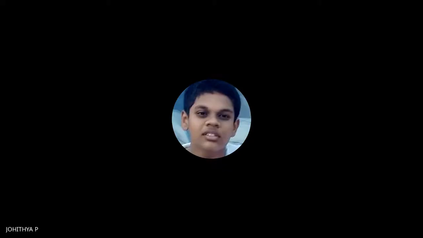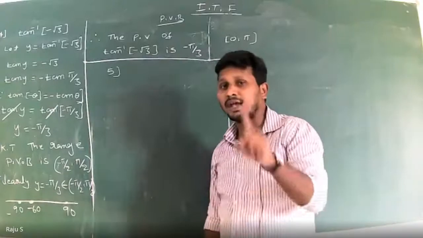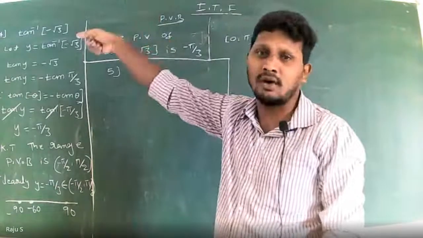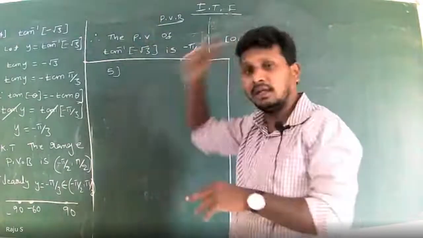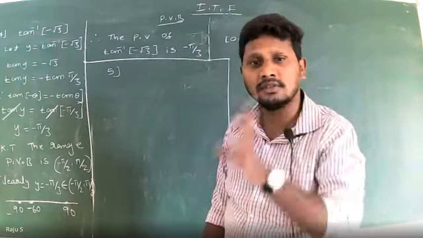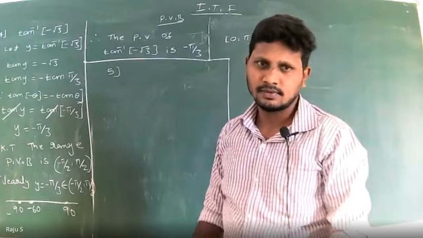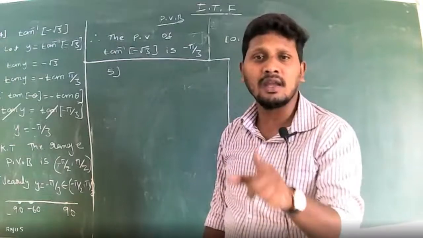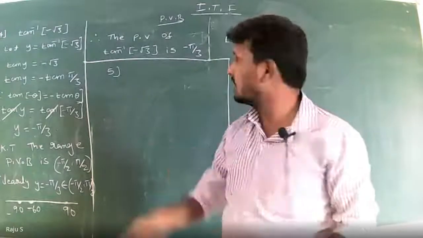0 to pi. Exactly. So you should consider the values of cos from the first quadrant to the second quadrant, 0 to 180 degrees. You can take any one of the values, but don't take the values in the third quadrant. Here clearly cos cannot be negative in the first quadrant, but they have given cos inverse of